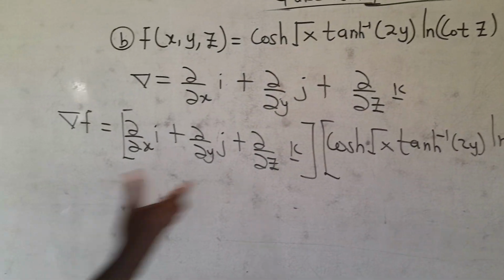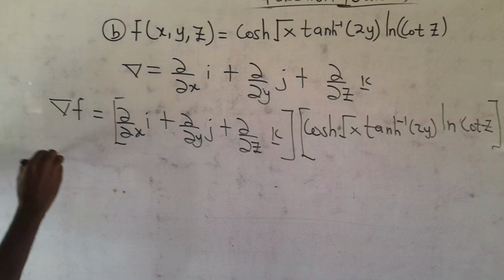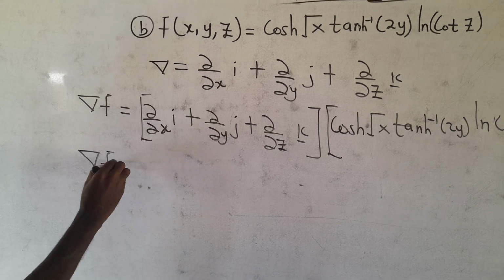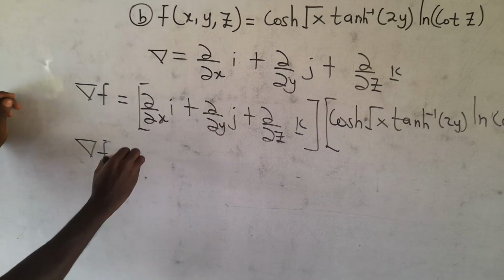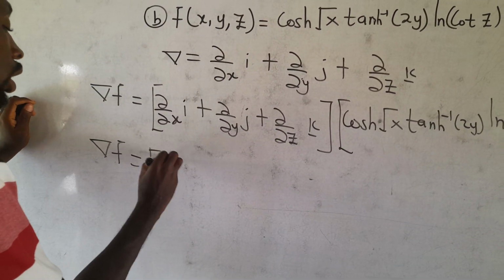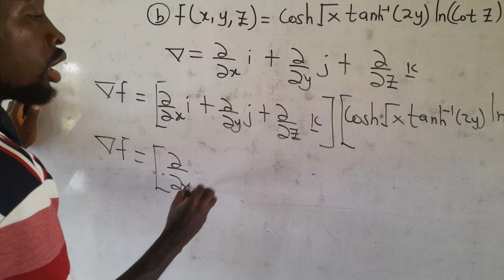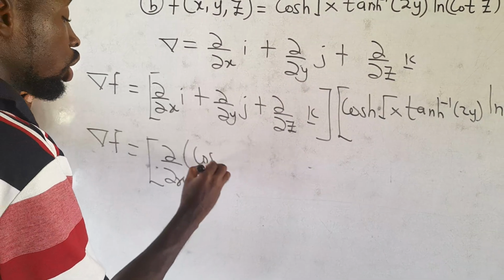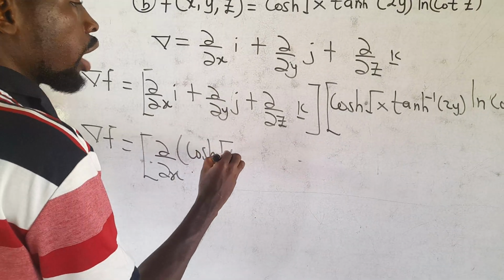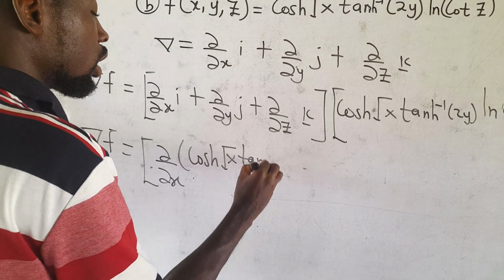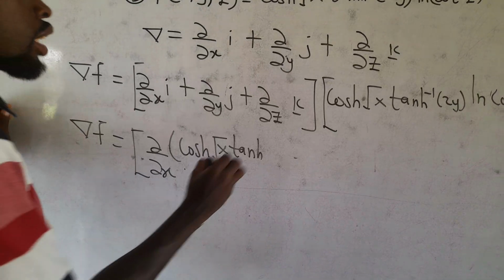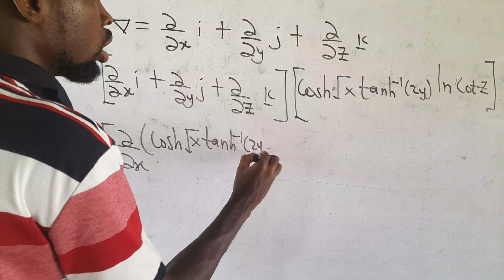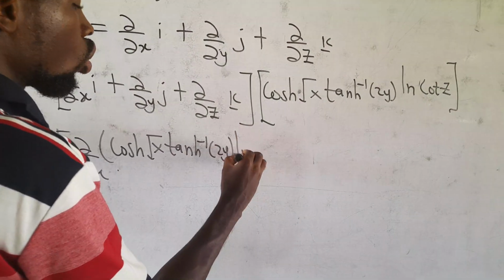What we do is multiply each of them. So the product between the differential operator and the vector field, or the gradient, will be equal to ∂/∂x times cosh root x tan inverse of 2y ln cot z,